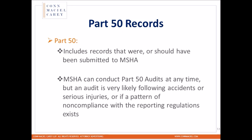Frequently we see that failing to report on a 7001 can be the basis of hazard complaints. It seems to be an easy way for those complaints to be made if a miner feels that something that should be reported wasn't reported. So we want to be clear in our analysis. We want to make sure we review any type of incident, illness, or occupational injury that takes place on our site